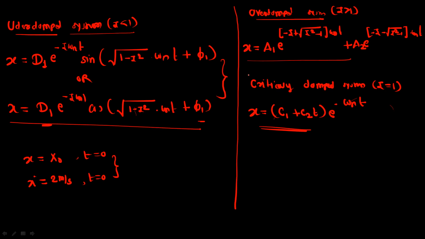Okay, so for the critically damped system, where we can see such a type of system, that is a practical application. I will show the simulation for the military guns. There is one recoil mechanism. When the shell is fired from the gun, then due to the reactive forces, the gun barrel moves in the backward direction. In order to bring that gun barrel to its original position, there is a recoil mechanism, and that recoil mechanism is designed as a critically damped system.